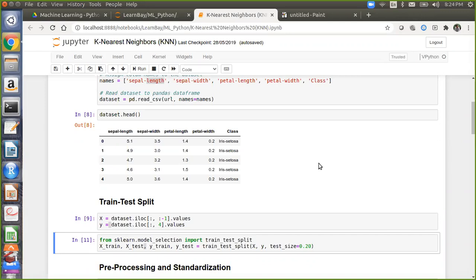Utkarsh, one question. Can we use this algorithm if the data set is very large and the variables are very high? Yes, you can definitely use it, but model training time will increase. For example, if you use a decision tree, you might get the output in half an hour. If you use this one, it might take 1.5 hours to train, but it doesn't mean that you cannot use it. You can definitely use it. Okay, thank you.